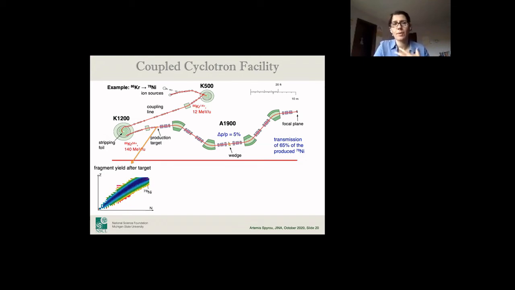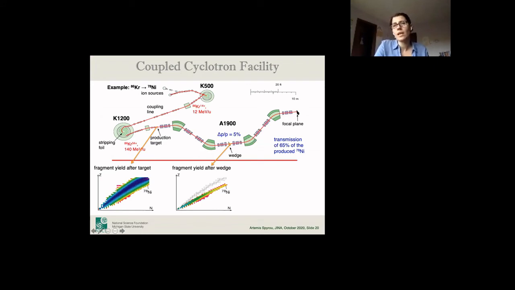So as an experimentalist, what I'm interested in measuring is nickel-78, and I cannot measure it because my detectors will be completely overwhelmed with everything else that's coming in together with the few nickel-78s. So we have to clean it up. We have a pretty good filter to do that. It's called a fragment separator. That's this thing. There are two stages to the fragment separator. If I look halfway through the separator, this is what you would get. Already we excluded a lot of the isotopes, but there's still a bunch left.